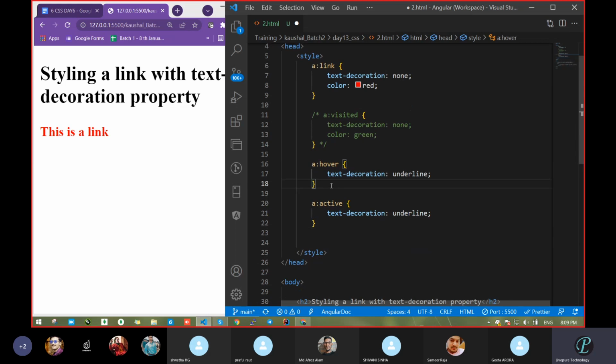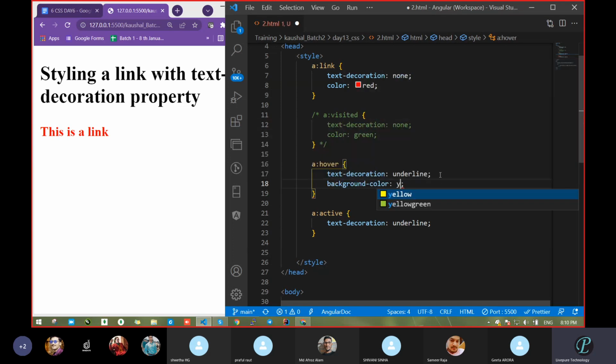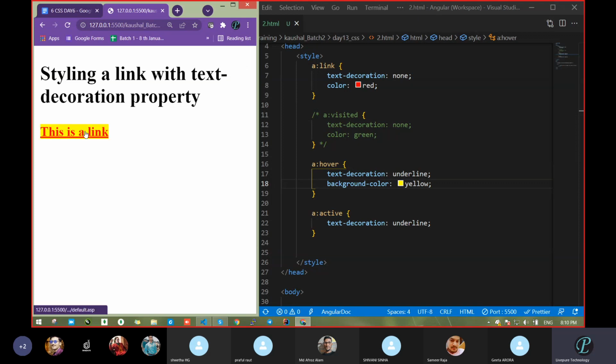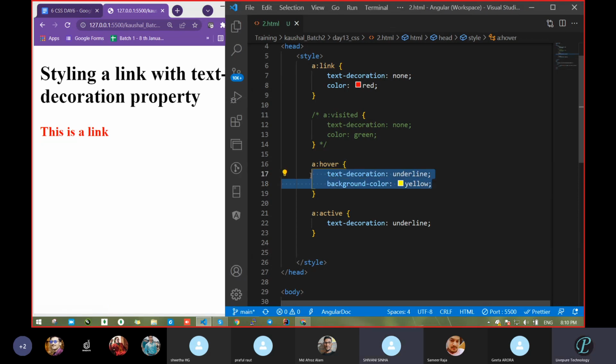Okay, so next we pass anchor tag hover. What it will do, when we pass our cursor over the text, at that time the text decoration will be underlined. Means the text will be underlined, whatever property we have for underline will come. So this time I am going to add background color. Fine. So I want the background color yellow. Okay, let's save and verify this one. It will work when we mouse over the anchor tag. So see, when we are passing over this, it gets underlined and the color also changes. Is this clear for all? Mouse over property means anchor tag and hover.